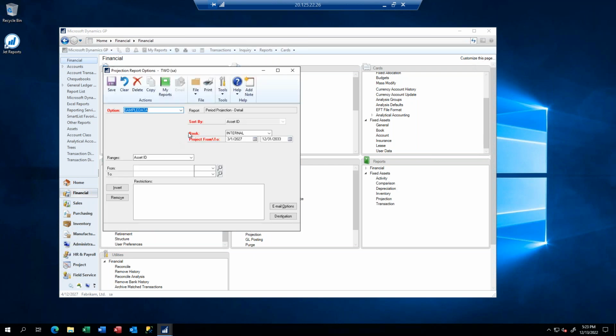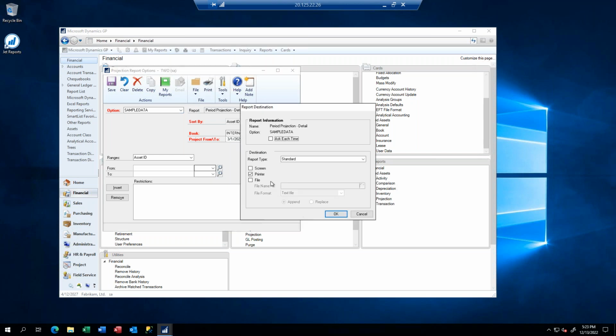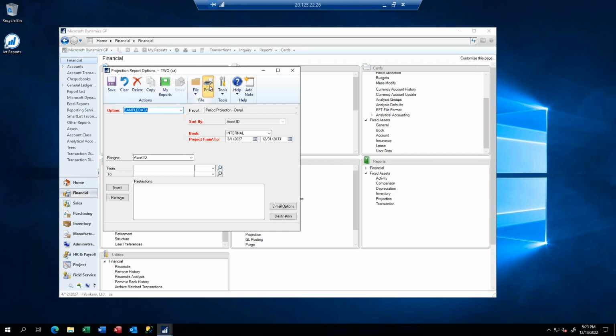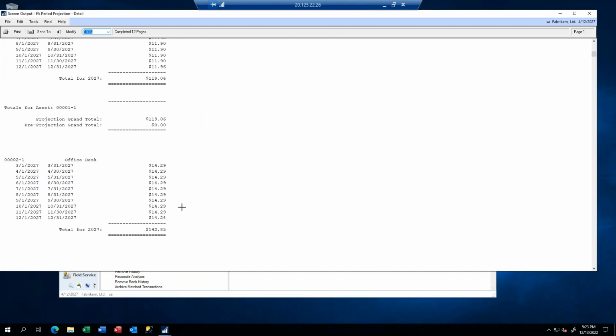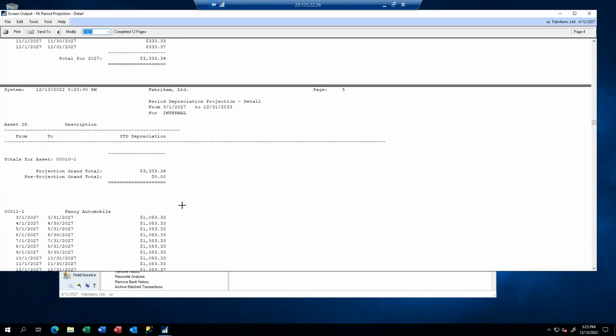And we'll modify this, make sure I've got this correct. I've got everything in here, 20 from March through to here, and we go destination, it goes to there, and we go print. So there's your office desk number one. These are what is going to be done each period. And if I go to the very bottom,